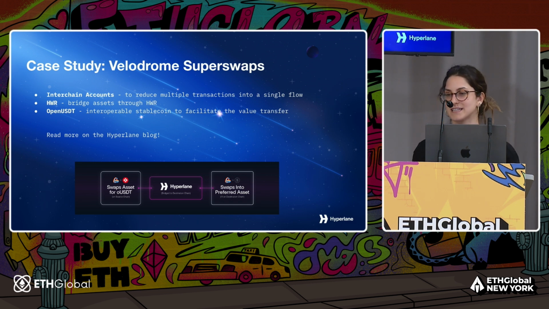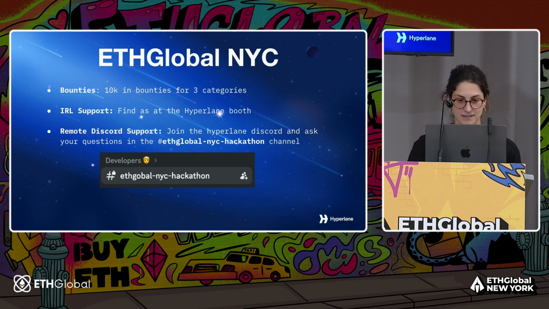That's why I think it's a cool case study, because you can see different Hyperlane features used in a single example. It's pretty recent, and I highly suggest looking into it. I think it can give you really good ideas on what to build for the hackathon. It's on the Hyperlane blog, and I just want to call this out.